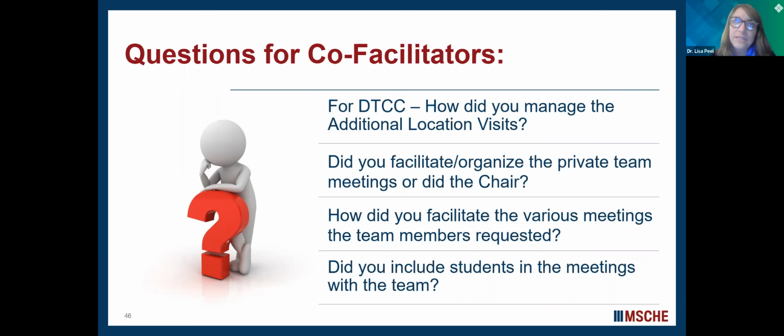So one of the things that's important to consider is, when you get all of those requests coming in, how to best capitalize on the time. So if you think the representative from Standard 1 wants to understand the mission, but the person that's looking at budget and resources also wants to understand how you're fulfilling your mission with good use of those, it might make sense for them both to meet with the Student Government Association and see how they put in budget requests and what they have as far as resources at the same time to get those questions answered.